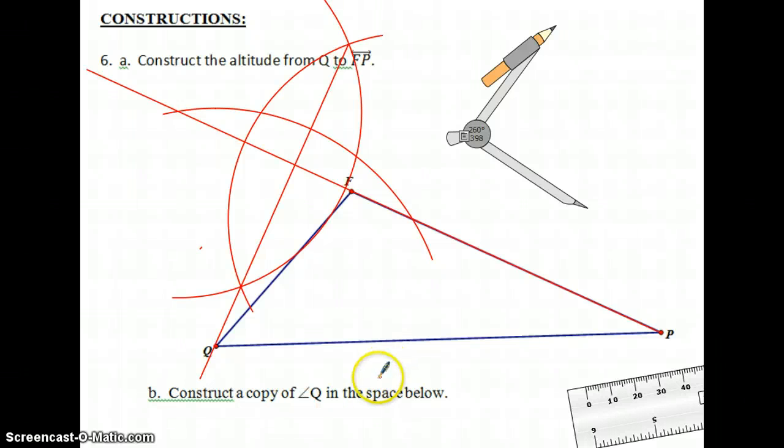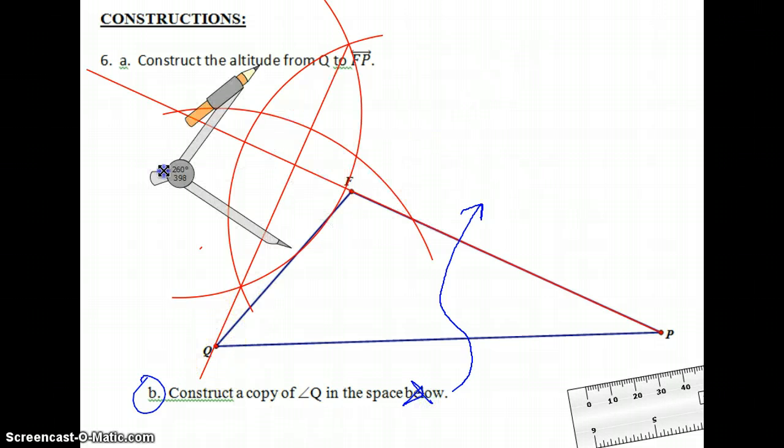Well, I'm going to cheat and not do the space below because I don't have enough space below. I'm going to do it up here. Would it help if I made a different color for part B? In the space below. I don't mean below, I mean up there. Okay, copy of angle Q. Angle Q,